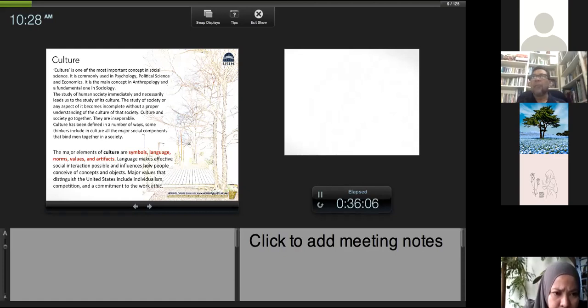say you yourself, you might be able to interpret. Say if you are not Kelantanese, you visit Kelantan, you will feel that there is some different culture in Kelantan. If you go to Penang, there is also a different type. You can feel that because of what? Because of language, and sometimes because of value, and sometimes symbol, even the food. So a lot of elements when you talk about culture, and